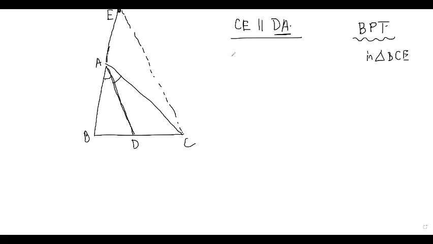Then what we know from that is that this angle should be equal to this angle because they are corresponding angles, and also this angle should be equal to this angle because they are also corresponding angles, right? But we already know that this angle, let's call it 1, and this angle is 2. 1 is equal to 2 because it is a bisector, and this is 4, and let's say this is